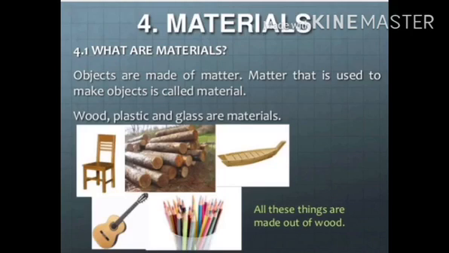For example, a measuring scale, a foot ruler, may be made up of wood, plastic or steel. Plain fried rice is made by using rice, water, salt, oil, vegetables. A knife or a statue may be made up of steel or wood. Thus steel, wood, plastic, glass, rice, salt, etc. are materials. A material can be used to make different kinds of things. For example, glass can be used to make a tumbler, bowl, mirror, window pane, etc.